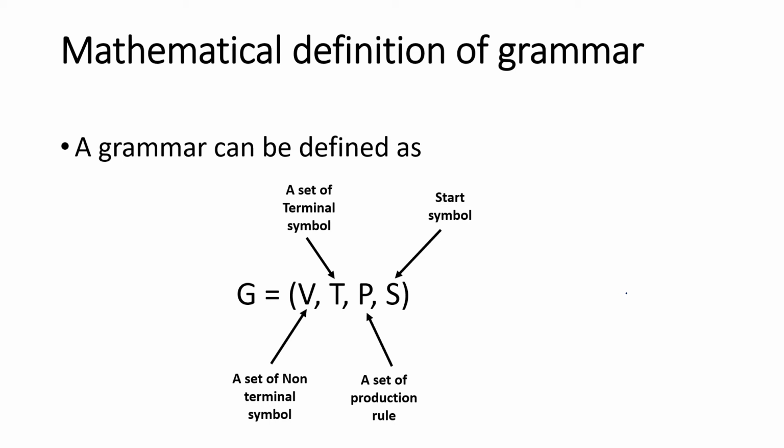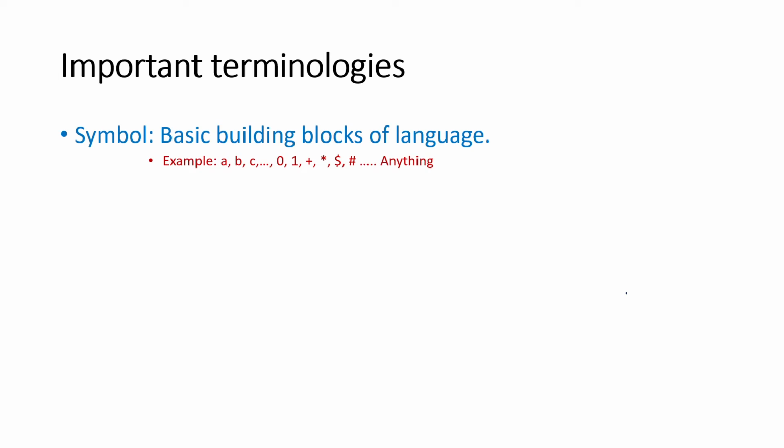So we have seen how we can define a mathematical definition of a grammar. Now we will proceed with some terminologies that will be required frequently throughout this subject. We will realize it very soon, and maybe we will be habituated with this terminology, day by day. So we will start with the very basic, the first terminology, that is what we call symbol, which is basically